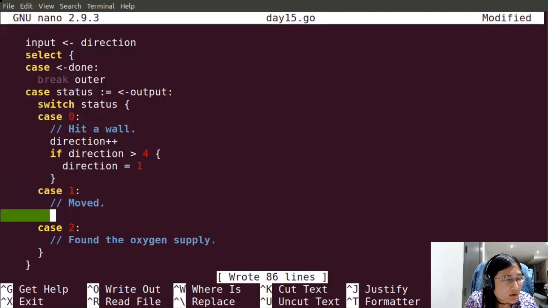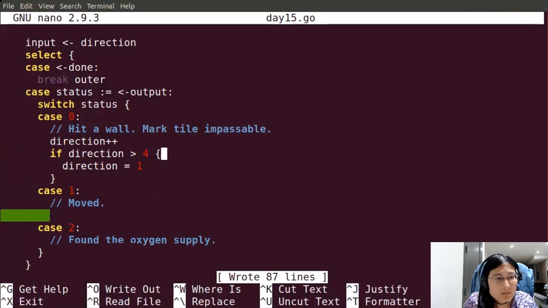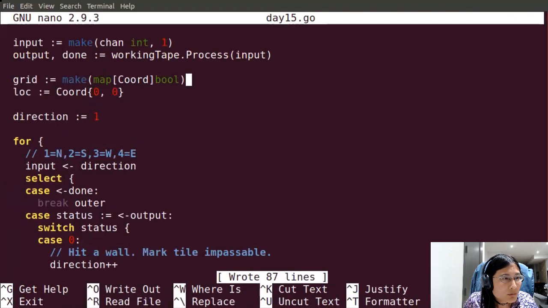Otherwise, we can mark tile impassable. Okay.